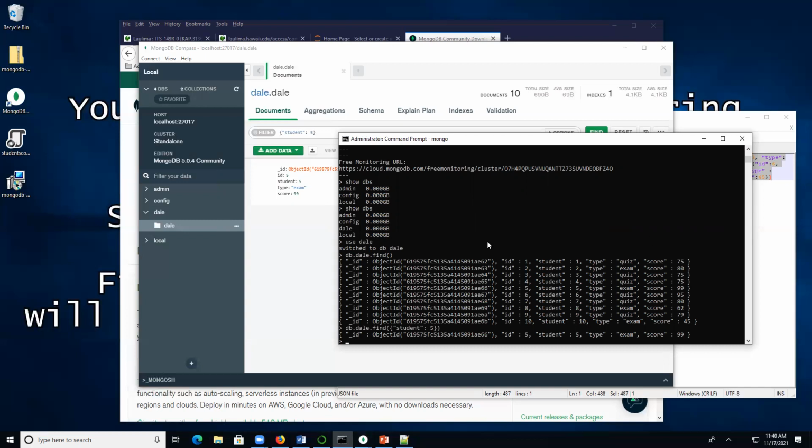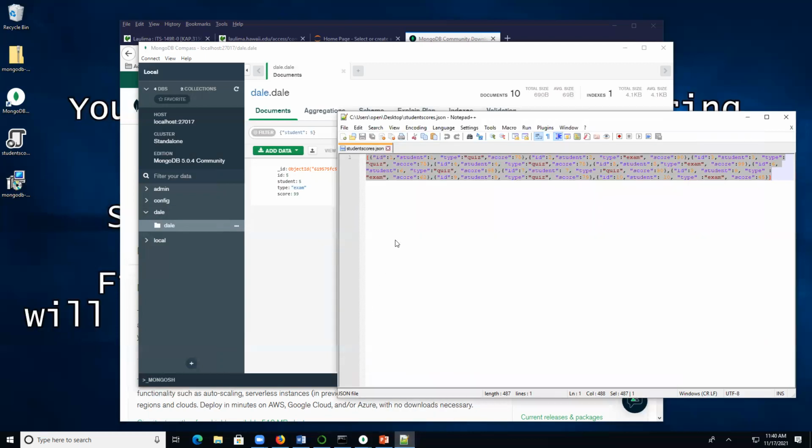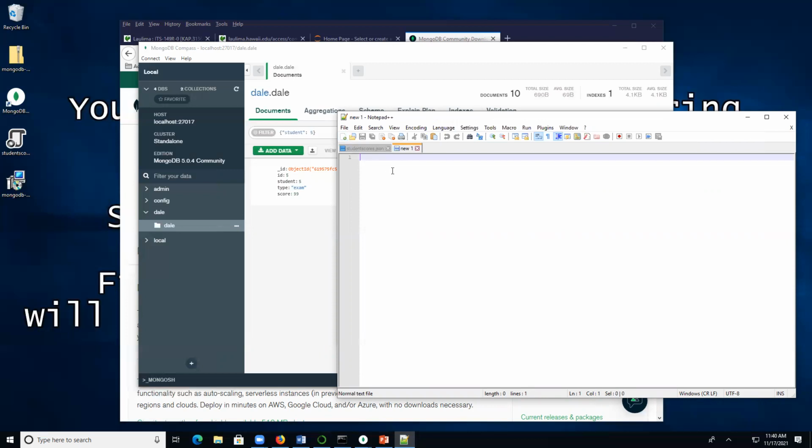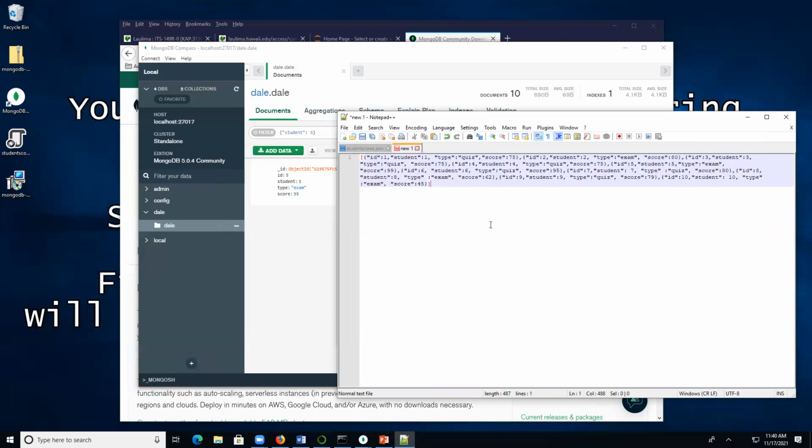Now, for the assignment, I said go ahead and enter your own database. One way that you can do it, this is just Dale. You can put in 5 fields over here. ID is 1. I'm just going to copy this and put in another one. I'm just going to do this, right? Paste it in another one. And I'm going to go ahead and